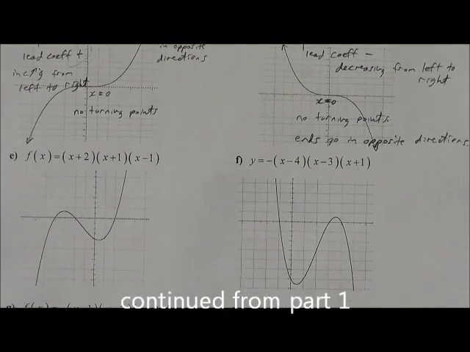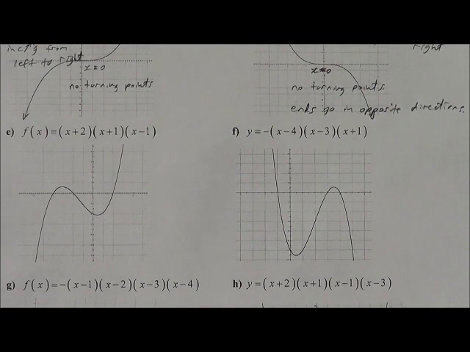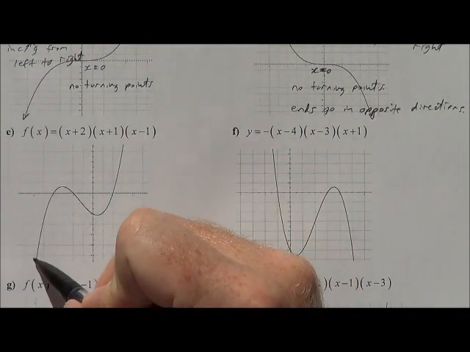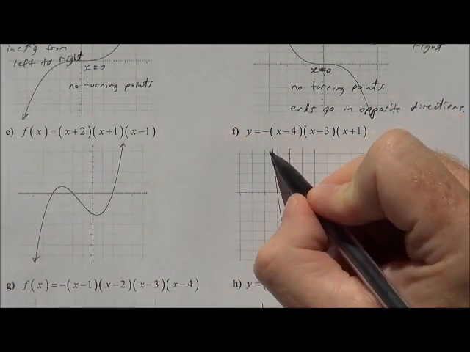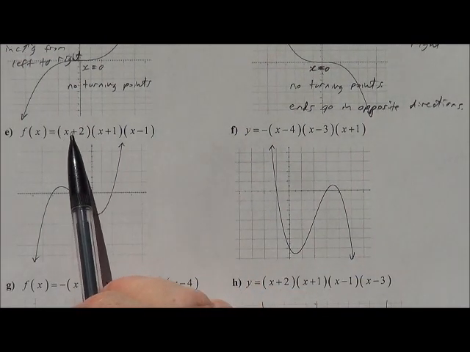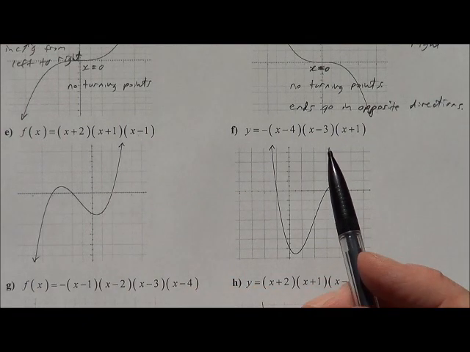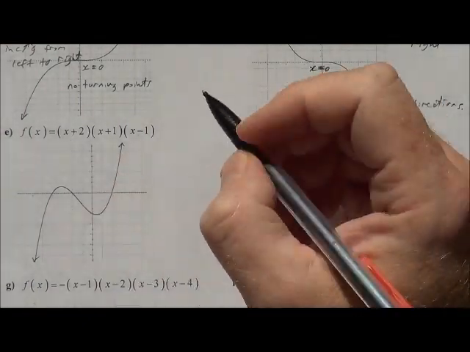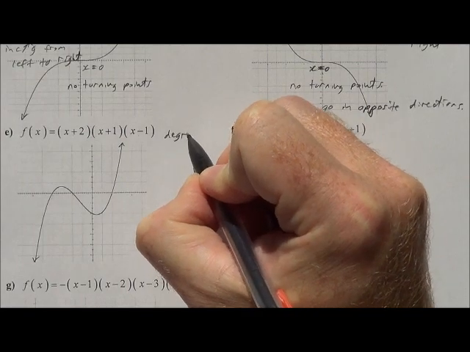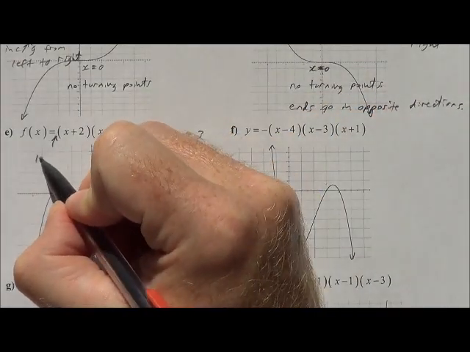We'll continue on to examples E and F. Again, sorry, I don't have the arrowheads here. Three factors: x plus 2, x plus 1, x minus 1. What's the degree? Obviously, if you were to expand it all out, you get degree of 3. Lead coefficient